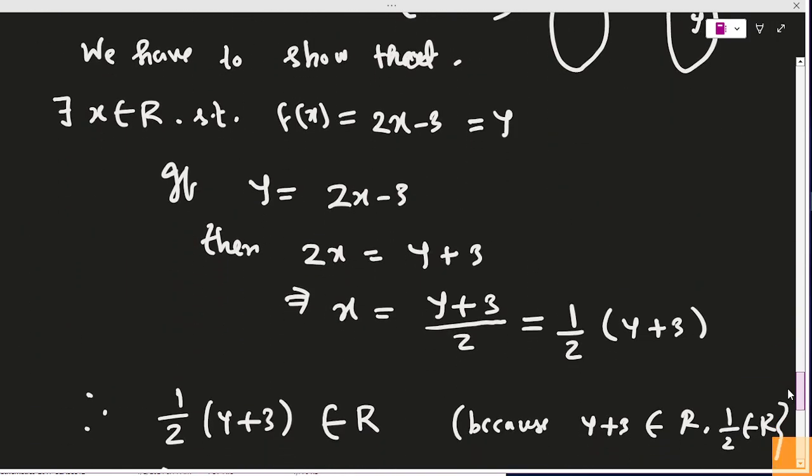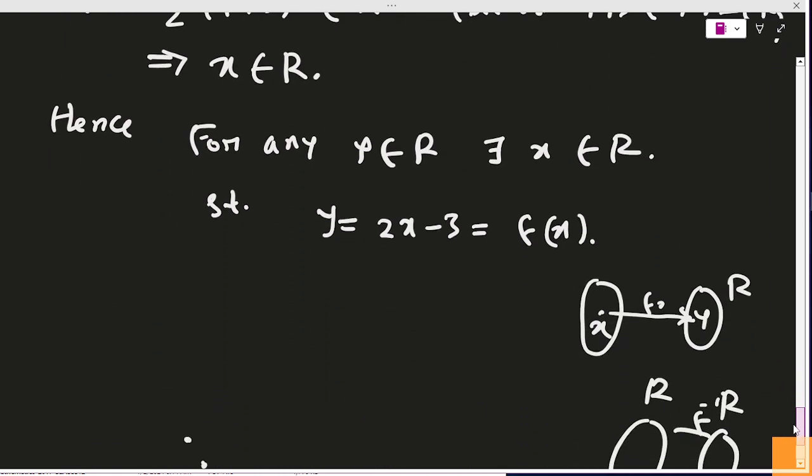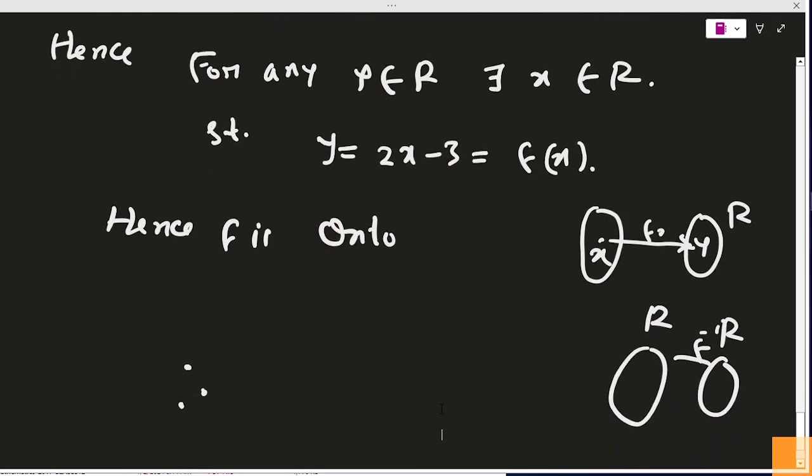Yes, for every y belongs to the codomain there exists x in the domain such that f of x is equal to y. For any y belongs to R there is this x belongs to R such that y is equal to f of x. So hence f is onto. 1 1 हुआ, onto हुआ, right अभी क्या होगा।